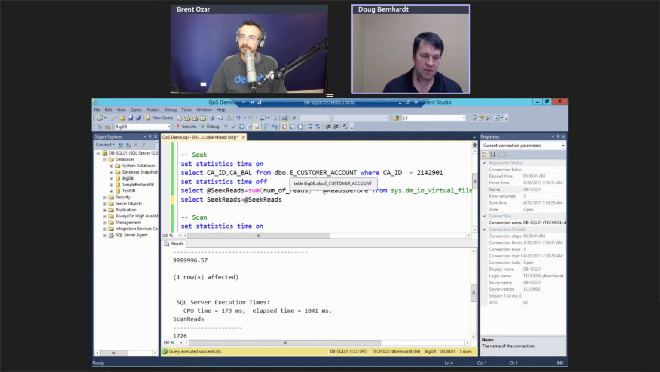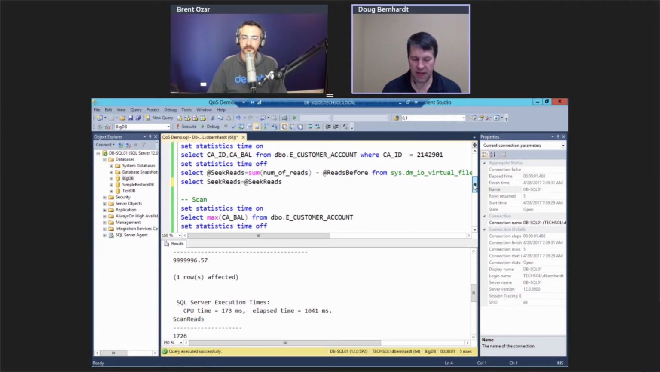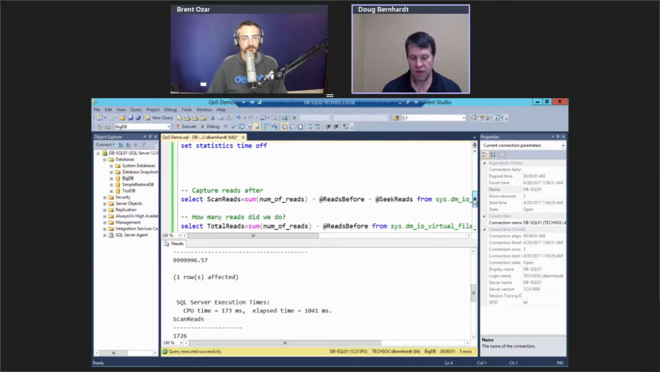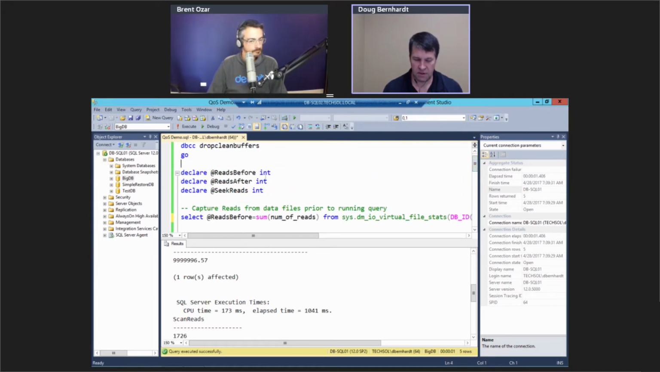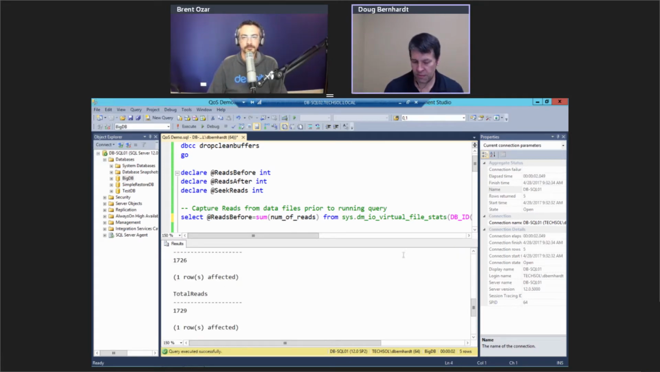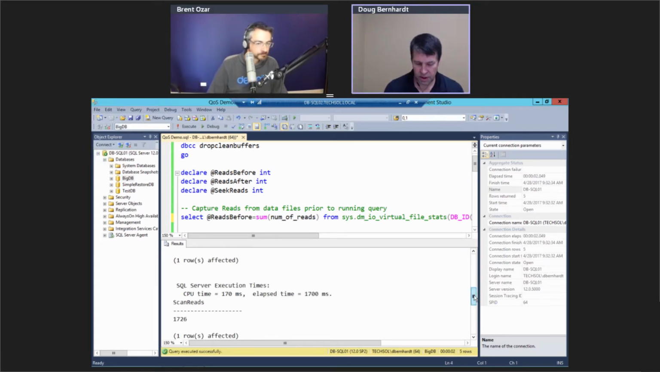This database is one of the TPC-E benchmark databases. Then I'm going to record the number of reads from that query. Then I'm going to run a scan query, and then record the number of reads. Okay, so when I run this query,